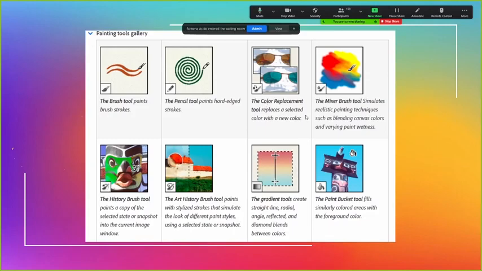So, color replacement tool replaces a selected color with a new color. Ayan, no? Dati orange siya, naging blue. And then, mixer brush tools. Yan, parang sa painting, di ba? Pag nagpe-paint ka, yung sa iba, pag limited yung colors ng paint nila, biniblend na lang nila para magkaroon ng much like na other blended color. So, yan. Parang ganun. And then, history brush tool paints a copy of the selected state or snapshot into the